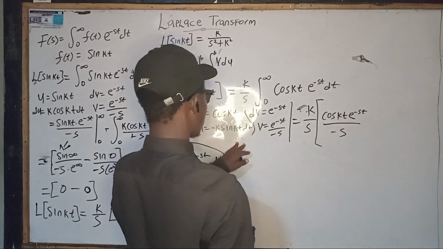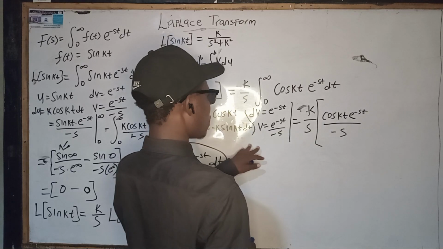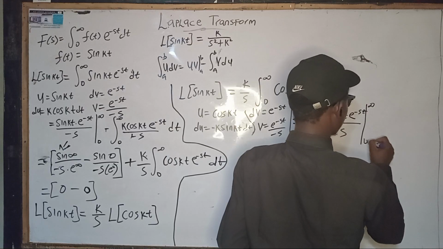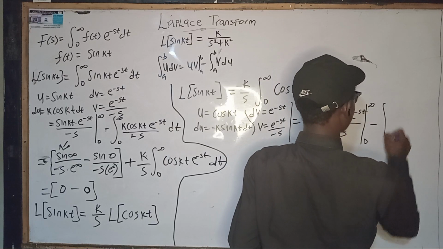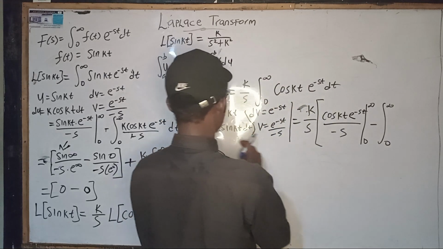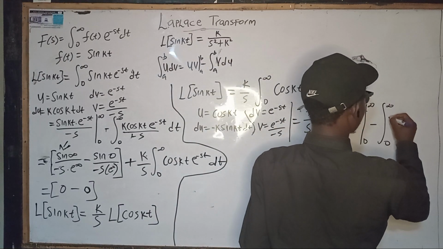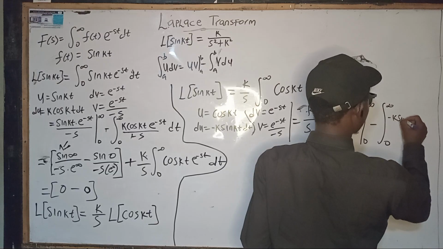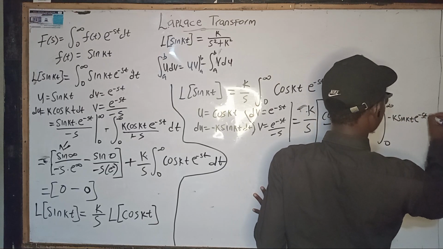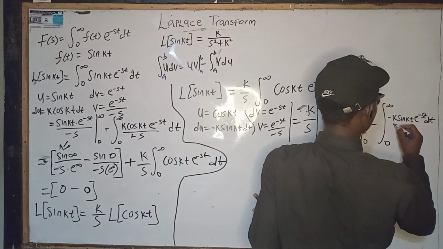Then we have that this will be from infinity to 0, we have minus the integral from infinity to 0 of v du, which will be equals to, we have minus k sine kt e raised power minus st dt